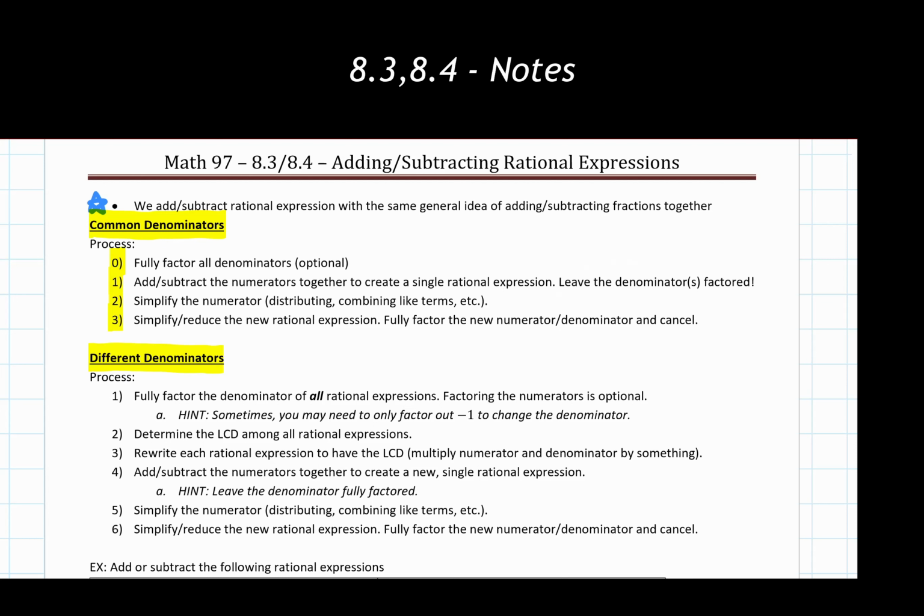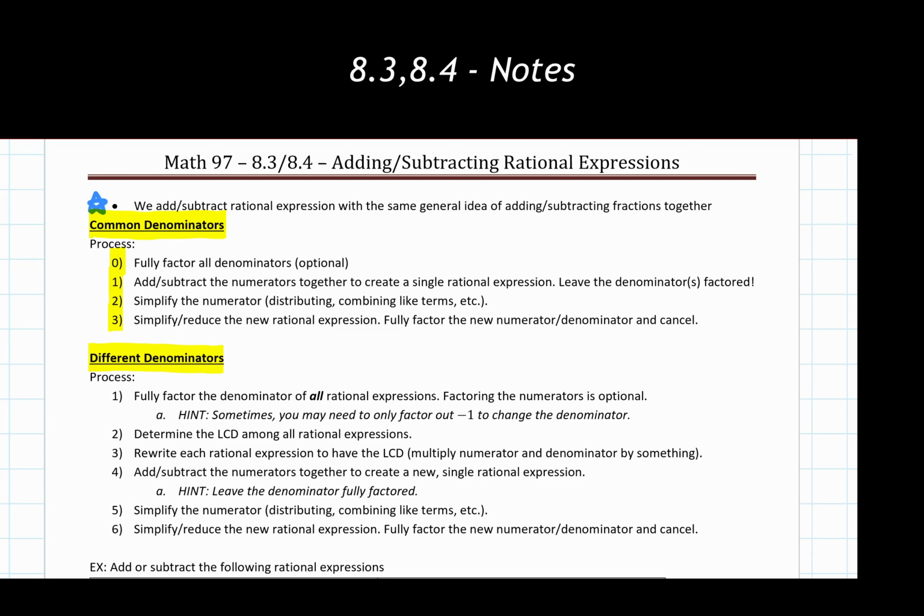So now that we have everything as one single fraction, our second step is to simplify the numerator. This includes distributing things, combining like terms, and all of that. We are going to have a brand new numerator for our rational expression, and we want to make that thing as simplified as we possibly can. Combining all like terms and using the distributive property as necessary are just a couple of things that generally tend to show up in this part of our overall process.